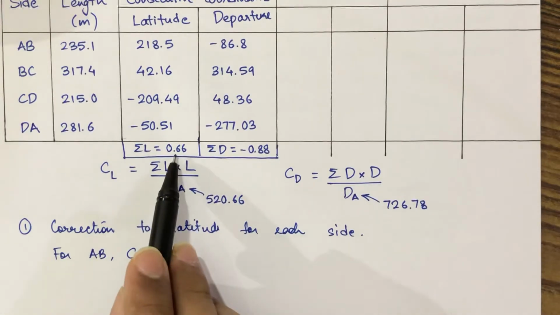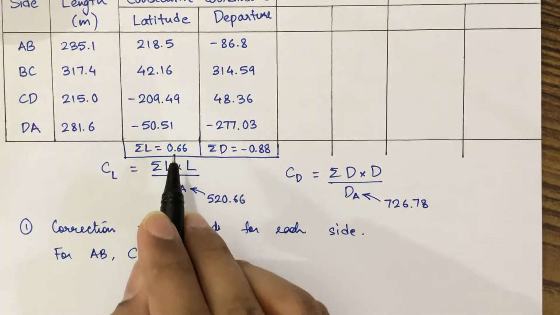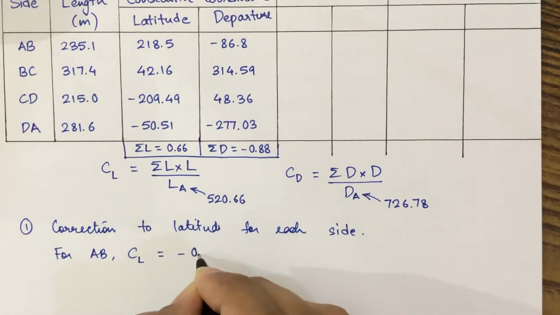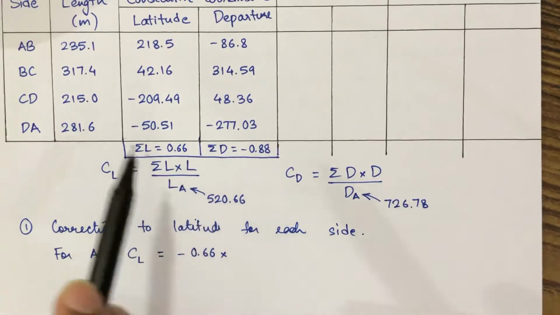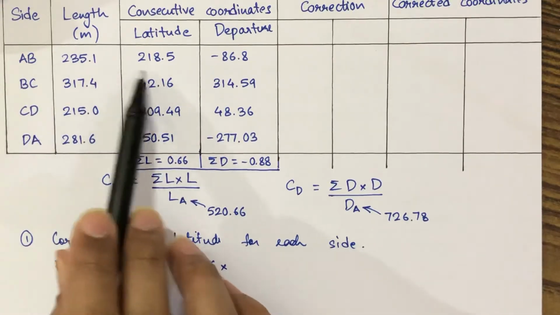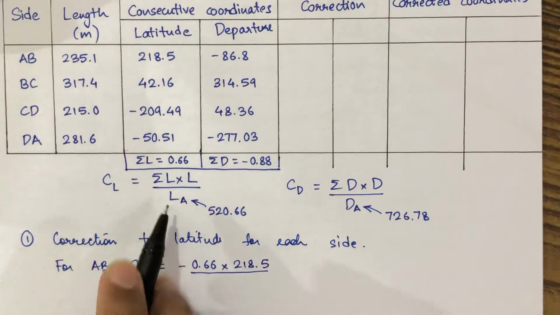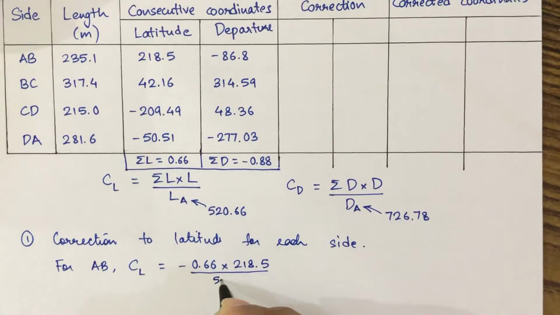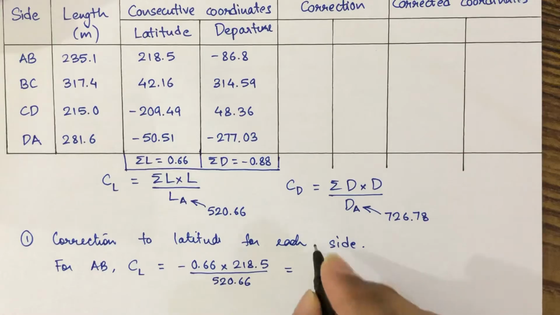Here summation L is 0.66, but the error is plus, so the correction will be minus. So this will be minus 0.66 multiplied by capital L, the latitude of side AB, which is 218.5, divided by LA, the arithmetical sum of all the latitudes that we calculated as 520.66. So it comes out to minus